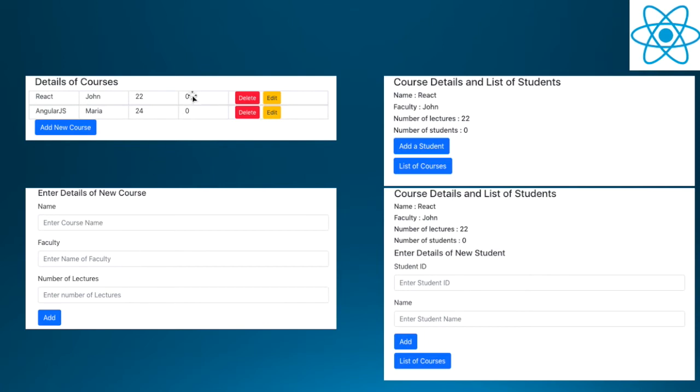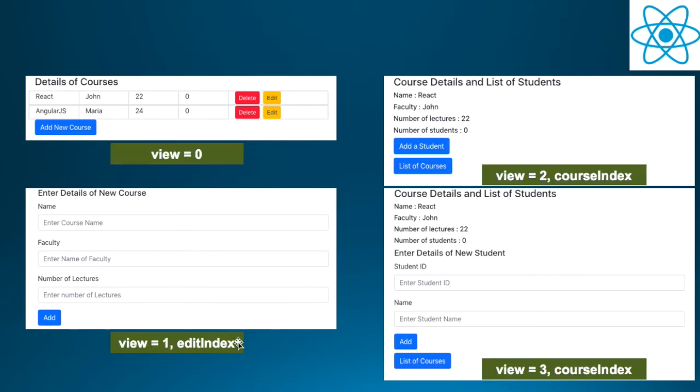Now, when the number of students is clicked, this is the kind of screen we want to show, the course details and list of students with a functionality for add a student and a button list of courses so that we go back here. And if we click on add a student, we want a form to be shown where we can enter the details. And if I click on add, it should show this same screen.